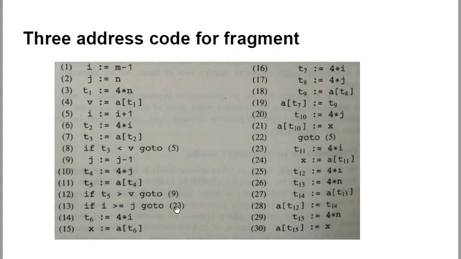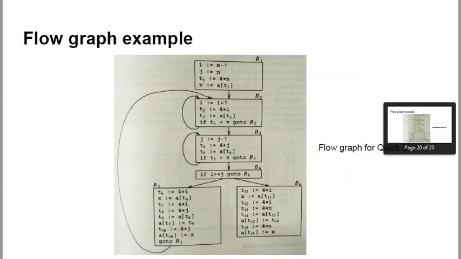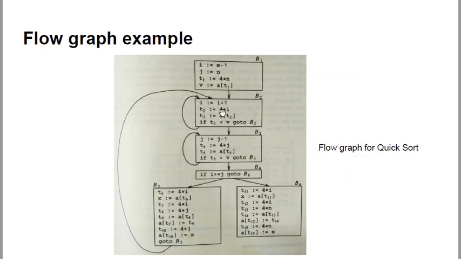So the flow of control will go from one basic block to another. See how it goes from basic block 1 to basic block 2. In basic block 2, we have up to line number 8. So B2 will flow to itself; there is a self loop from B2 to B2. Again from B3, this is the first statement of B3: if T5 is greater than v, go to B3. So another self loop. Why is there a loop from B5 to B2?